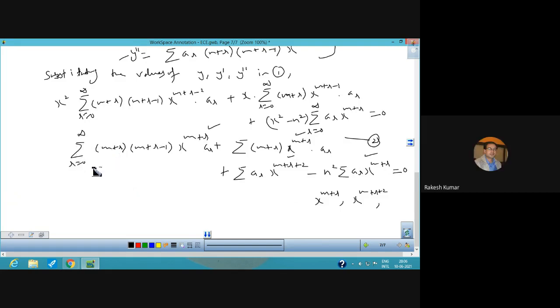What I want to say, your r is varying from 0 to infinity. लेकिन अगर 0 to infinity है, if we put r is equal to 0 here, what will be the power? Now this power will become x raised to power m, and this power will become x raised to power m plus 2. Now these are the two powers, x raised to power m and x raised to power m plus 2, if we use r is equal to 0. Now, अब m power or m plus 2. Obviously, m is smaller than m plus 2.